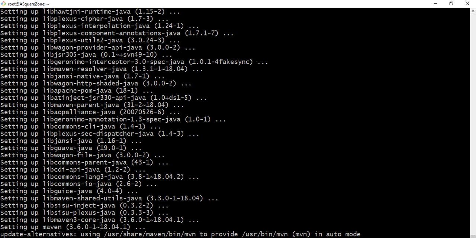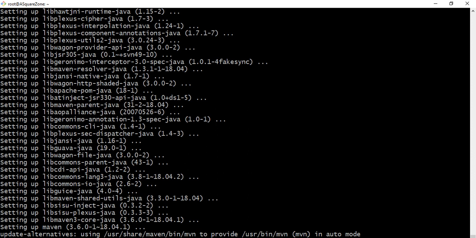If you want to install manually, you can download binaries from the Maven official website and install using binary files as well. But this is a very easy way, with one command we can install it on Ubuntu server.